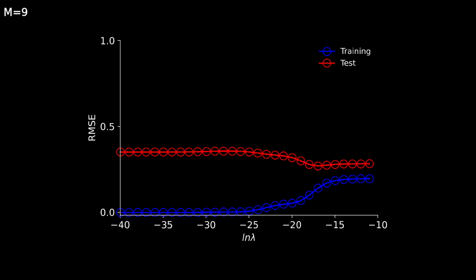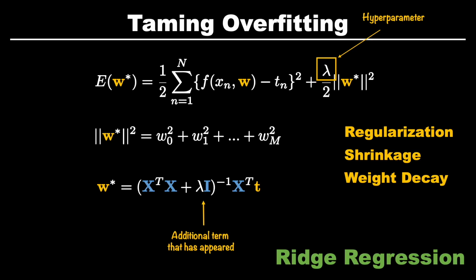So this is the final check. With the help of root mean squared error and the test data, we can see that the train and test errors are now not very different anymore. If you recall, in the previous case, the test errors and the training errors were significantly different for the polynomial of degree 9. So this trick of regularization or shrinkage made M9 work well on test data points as well.